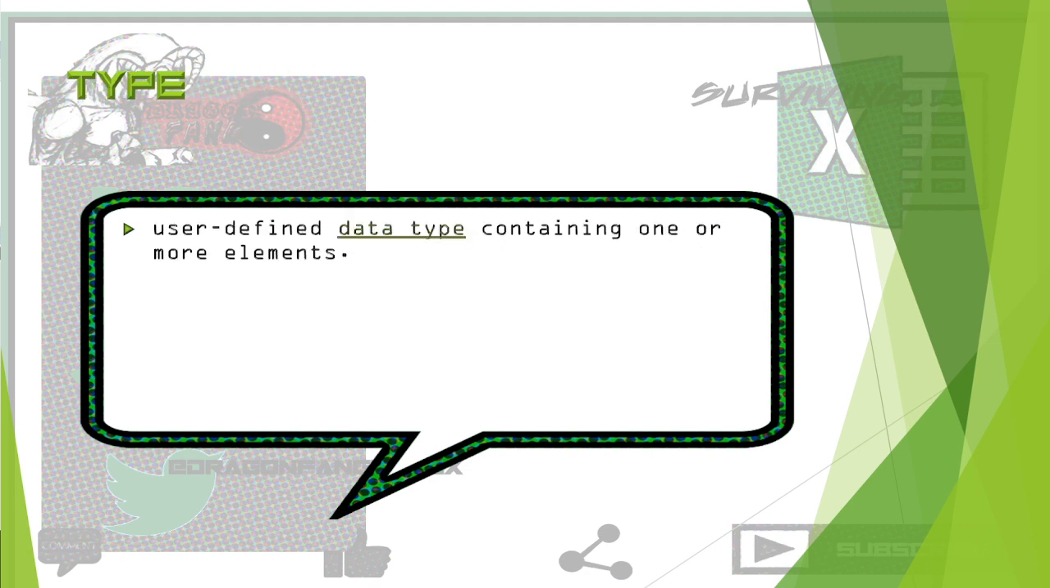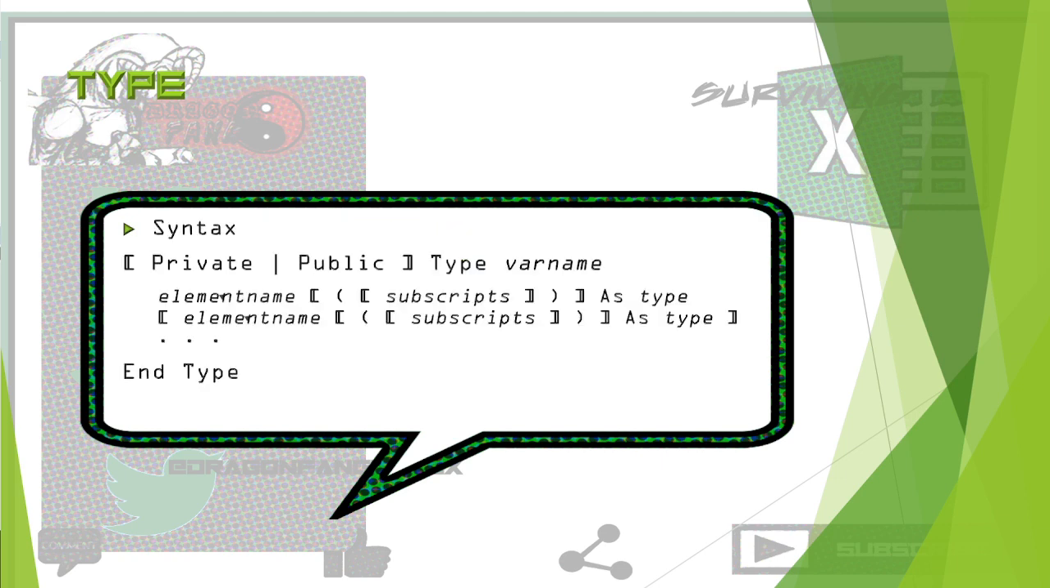Now, Type. This is a user-defined way of storing your data. Basically, you're using elements or fields. Okay, so the syntax for it is it could be Private, it could be Public, but the keyword is going to be Type and then the type name. So the type name could be like